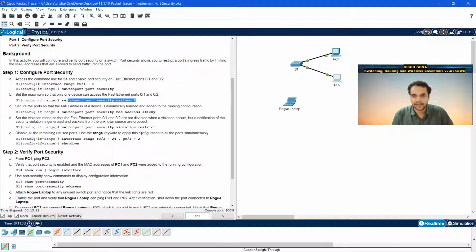In this PT activity, you can understand how to implement port security on specific ports. How can you mention the maximum number of MAC addresses that are allowed per port, how do you recognize those addresses by using sticky, and what is the violation mode that you can set up. If you want to set high security, you can simply set the violation as shutdown, right? Which violation mode do you want to set up, and what are the other interfaces that you need to shut down. All those things I have shown here, and we also have seen how it actually works. So hopefully you understood how to implement port security now.